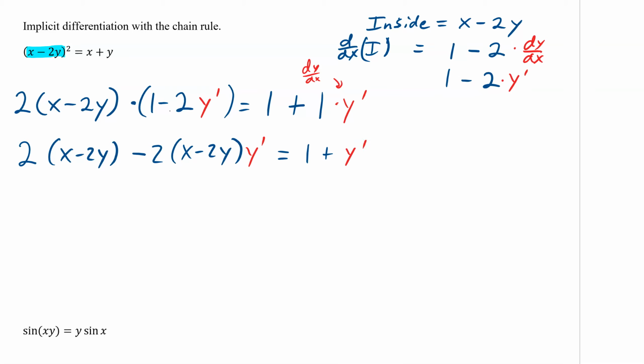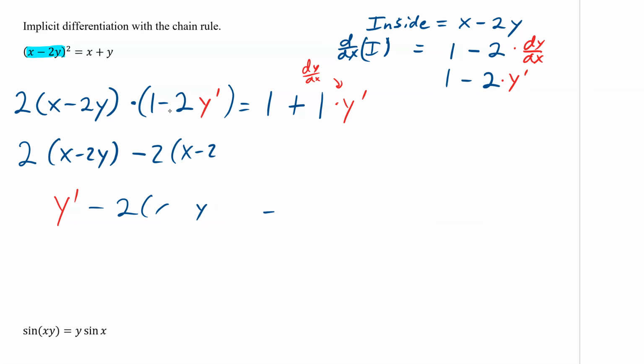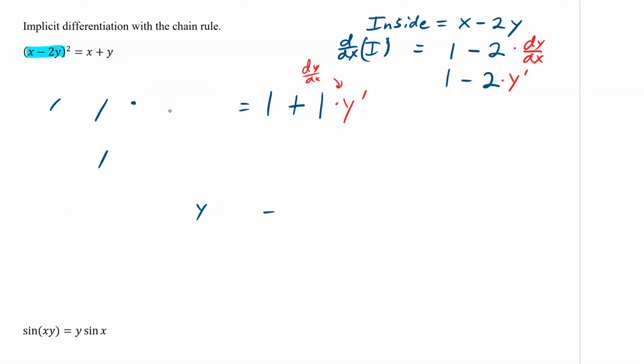All right, and so now we can sort. So this is our y prime stuff. And so it needs to be on the same side. So we end up with y prime. I'm going to put that one first because it's positive. Minus 2 x minus 2y y prime equals 1. And then we subtract that to x minus 2y. You know what? I'm going to multiply it out and then do the distributing of it. Yeah, let's just do it that way. Okay,